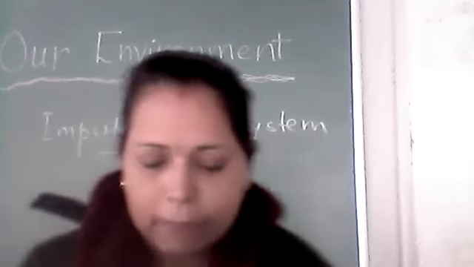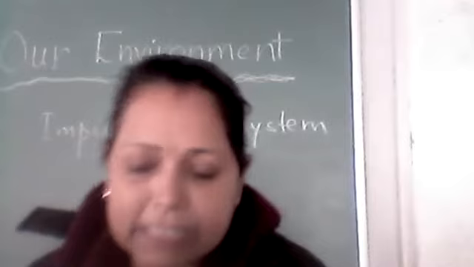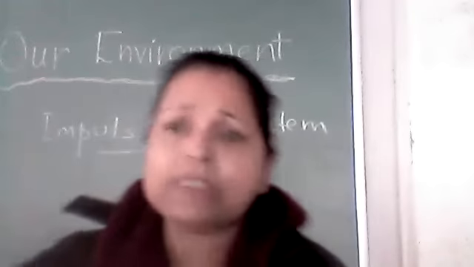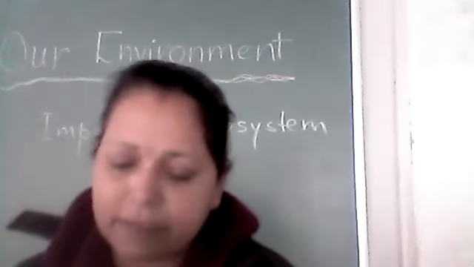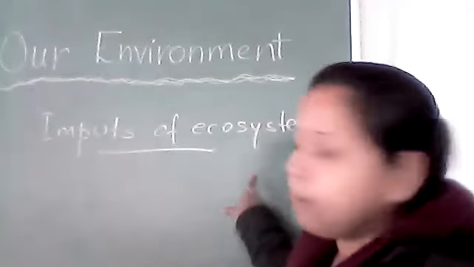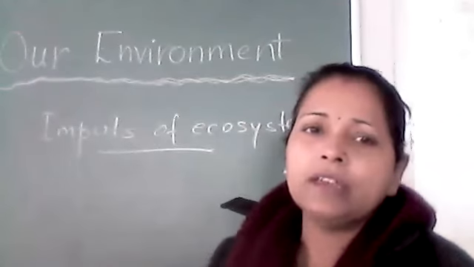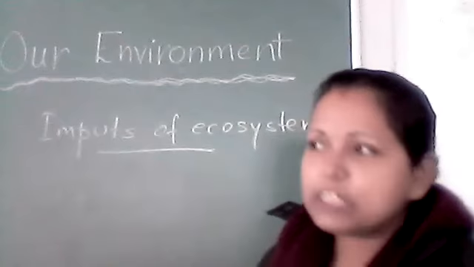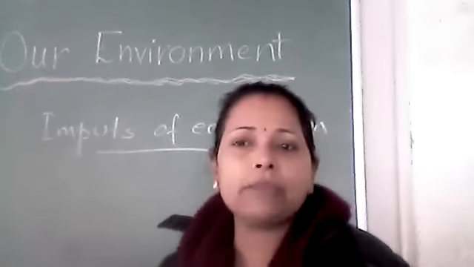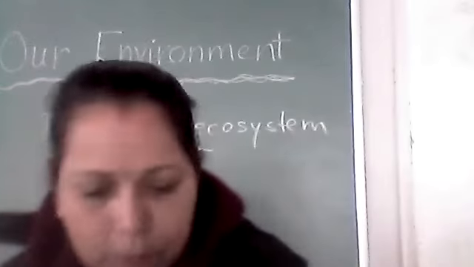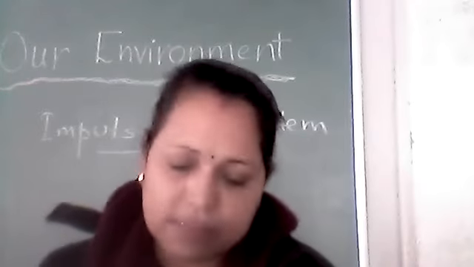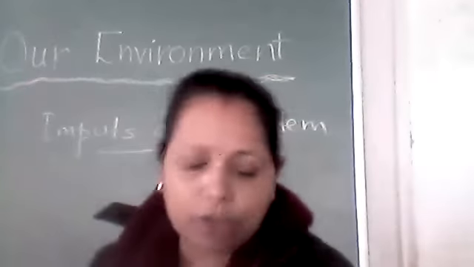Now second, we are talking about matter, which is picked up in inorganic state by the producers. Inorganic form में जो producers pick up करते हैं उसको हम लोग कहते हैं matter. Okay, तो in our ecosystem, when we talk about inputs of ecosystem, here 2 points we can consider. The first point is energy, which our ecosystem is getting from the sun, and the second is matter, which the producer takes in inorganic state. So this is regarding the input of ecosystem.